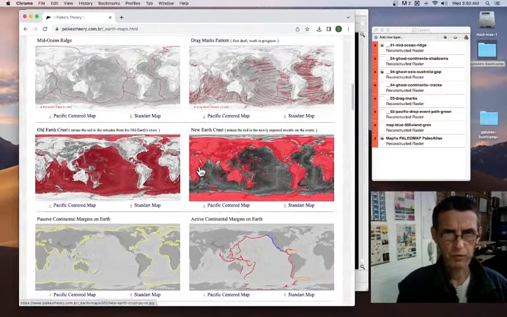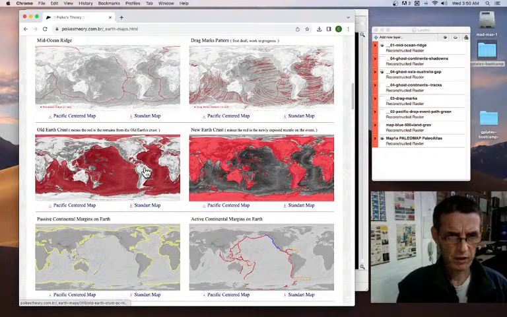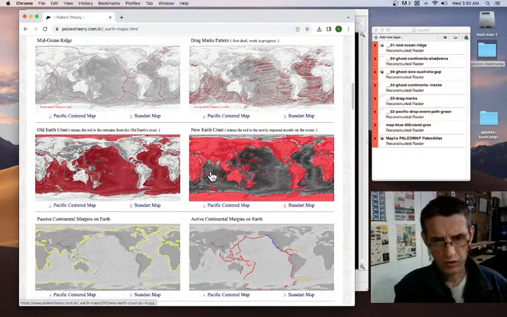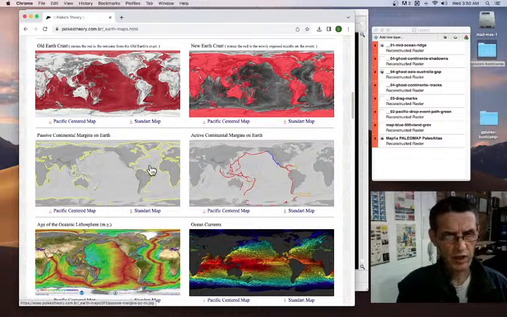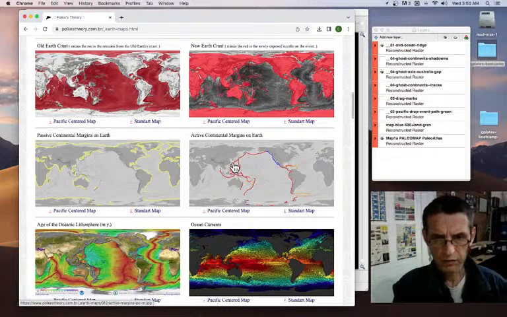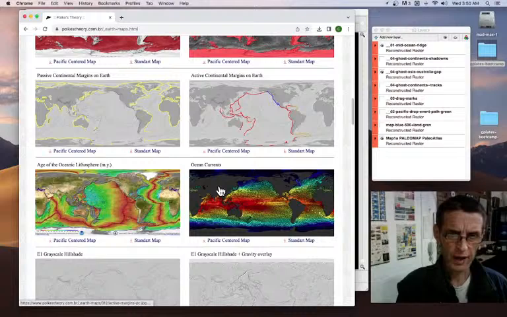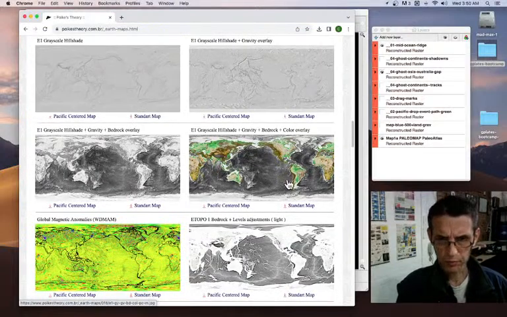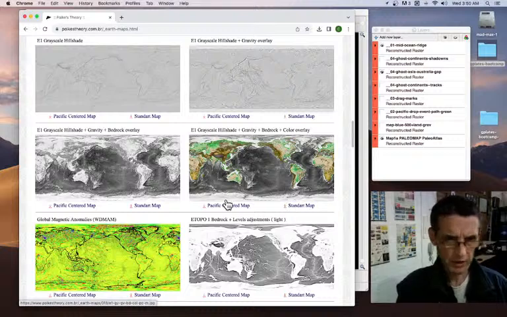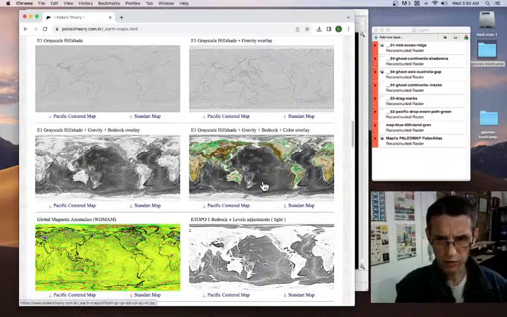These are all the maps we have about the drag marks pattern, old earth crust, new earth crust, passive continental margins and active continental margins, how they are related to the Pacific Ocean, and then all the other maps we do. The standard map, GPlates, the Pacific Center map is the one that we like to look for,